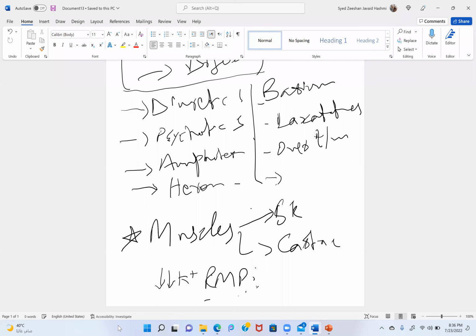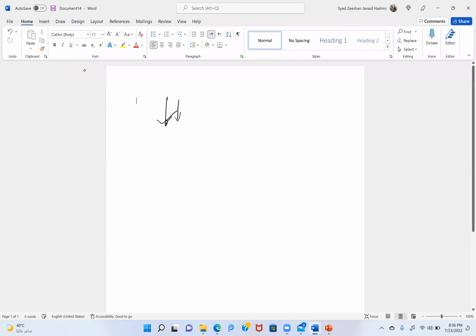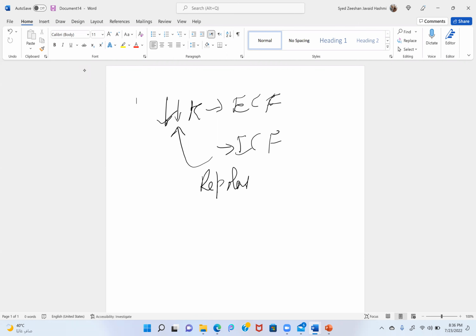Will it go up or go down? I will explain. When there is low potassium in ECF and ICF is the same, more potassium moves from ICF to ECF during repolarization, so it can cause hyperpolarization,